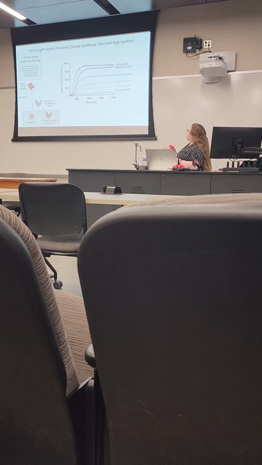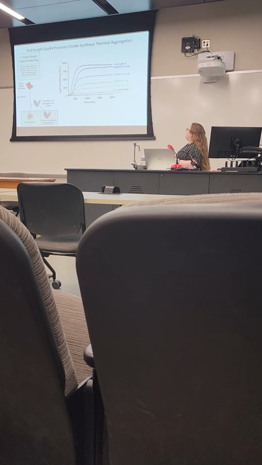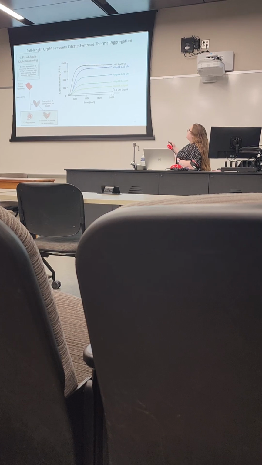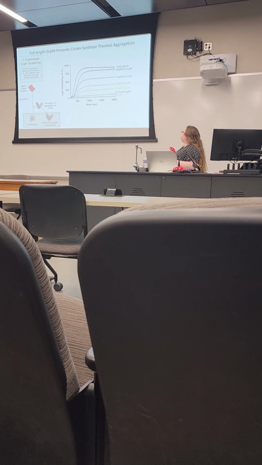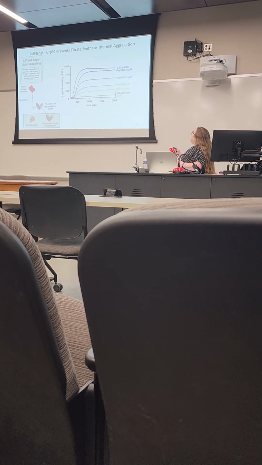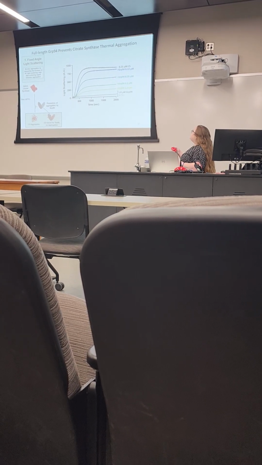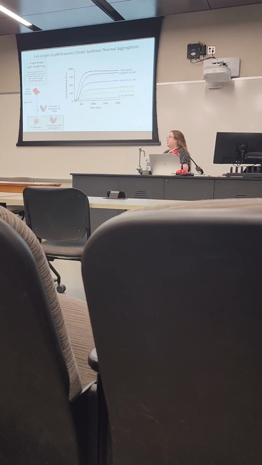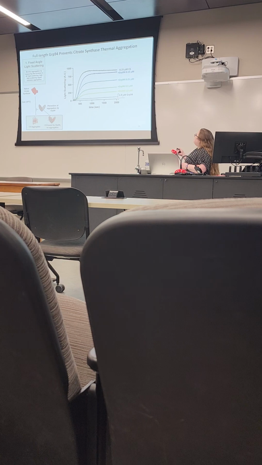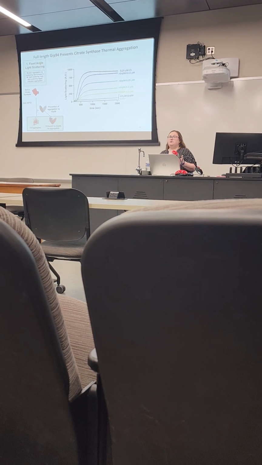So we can see this first line in black corresponds to citrate synthase at a concentration of 0.25 micromolar alone, and we observe a dramatic increase in the light scattering signal, which indicates we are observing citrate synthase aggregation. As we work our way through the graph, we can see as we add increasing concentrations of GRP94, we are significantly reducing the light scattering signal, which indicates a prevention of aggregation by GRP94. As a control, we also show that the highest chaperone concentration tested does not exhibit any aggregation properties and therefore is not contributing to the signal.